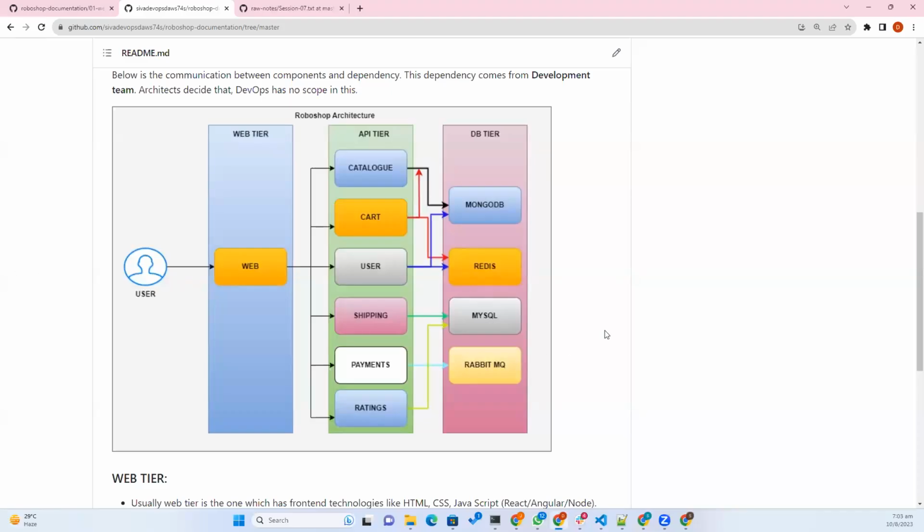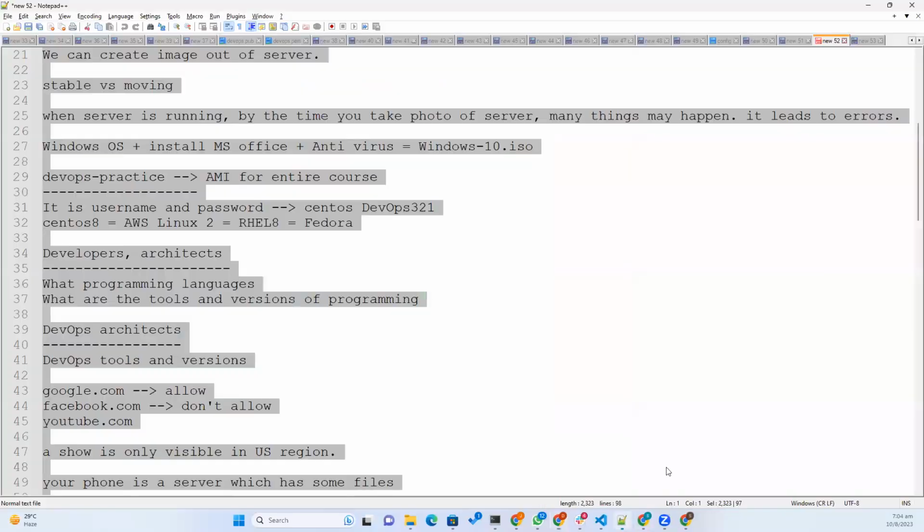Yeah. So this week we have been discussing the three-tier architecture application. We discussed RoboShop, and we understood what the three-tier architecture is. It has the web tier or front-end tier, the app tier or API tier or back-end tier, and the database tier. So if you just see here, the database tier, we call it